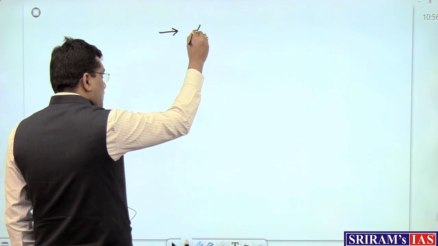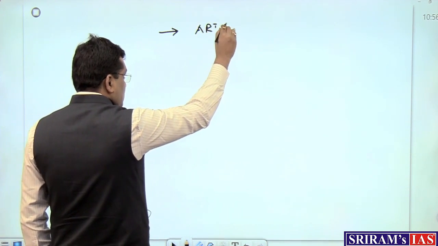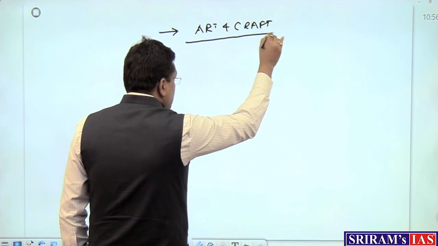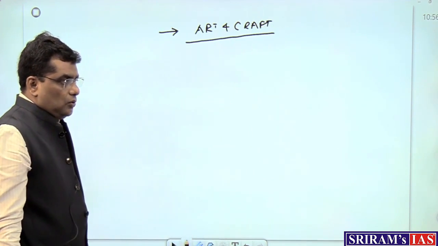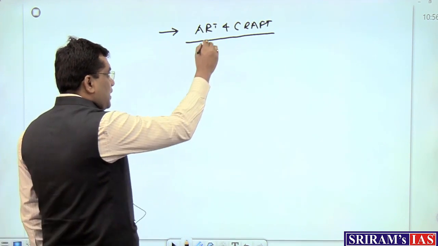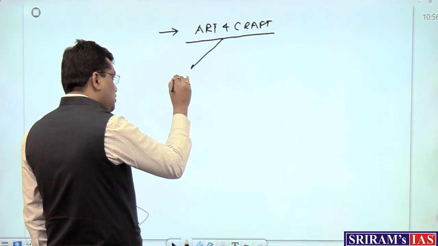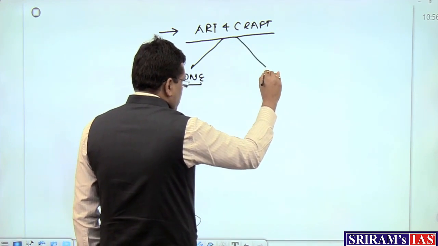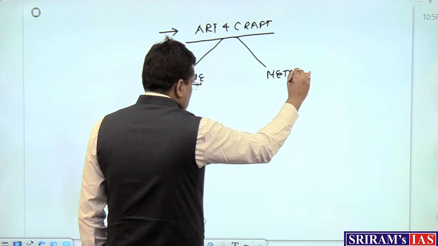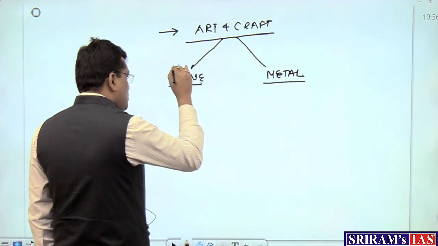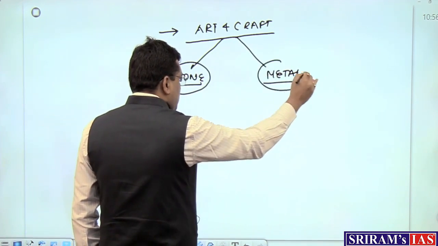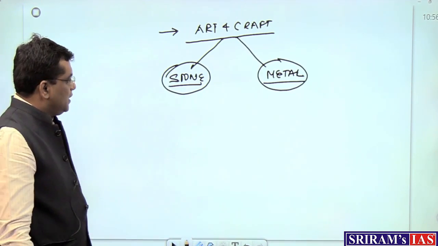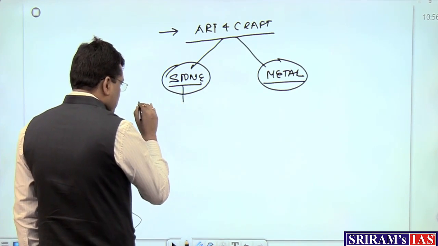suppose we have the art and craft. They can have questions on art and craft as well. So art and craft, you will find they mainly prioritize two types of arts, the stone art and the metal art. These two main sources of craft are stone craft and metal craft. Stone craft, we have